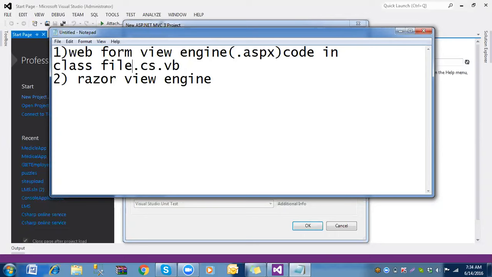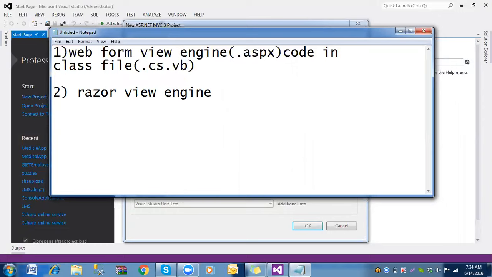Already you know the controller will come under classes, right? So if it is ASP.NET with C#, only the CS file will come. If it is ASP.NET with VB.NET, only VB. There is no ASPX.cs and ASPX.vb. So view design is in ASPX and code is in a class. That we should remember. And here, when you are going to go for a Razor View engine, the default